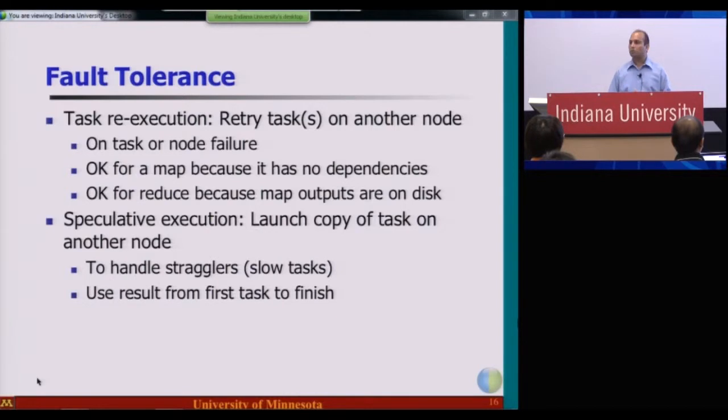Again, this uses the property that these operations are idempotent and can be executed without any side effects. This is used to avoid stragglers, very slow nodes which may drag down the whole computation. So if you see load hotspots or other kinds of problems occurring in the system, you can try to speed up by launching replicas of the process.